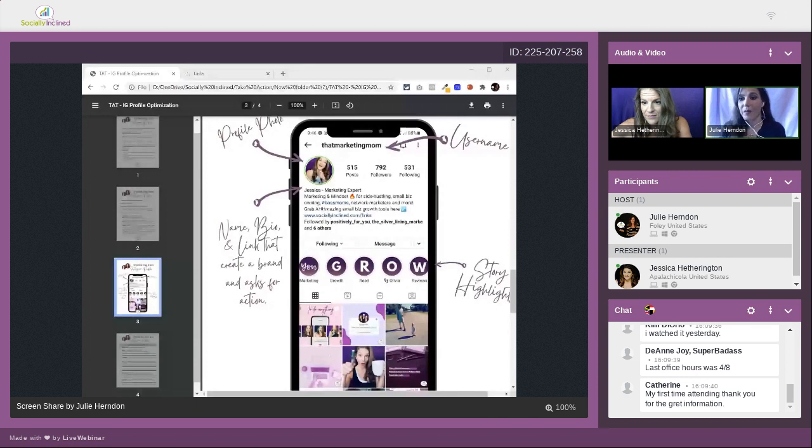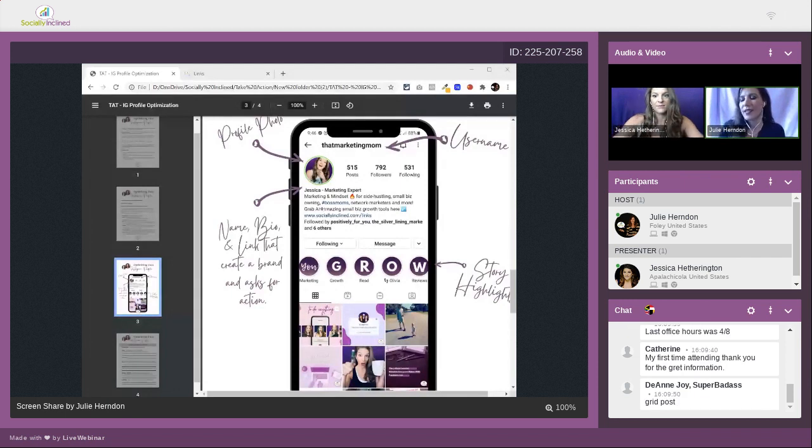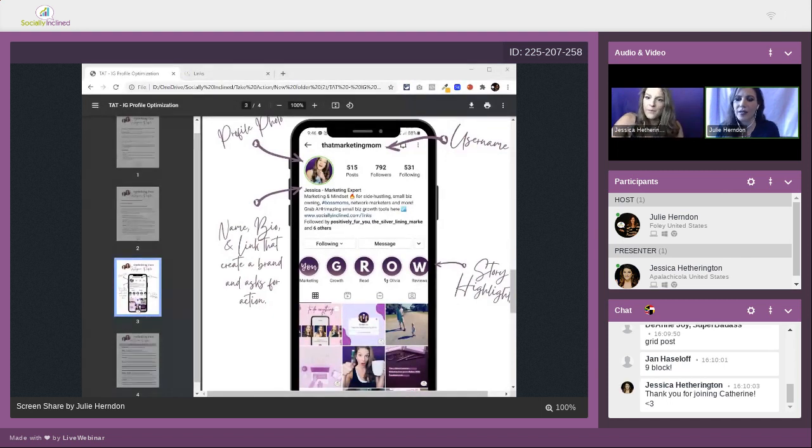So like a 9-block that is one big picture, how to do those, how to create an alternating grid, just grid styles. So if anybody is interested in grid posts, thank you, Dan, speak now or say it in the group, because I'd like to do that as a topic.